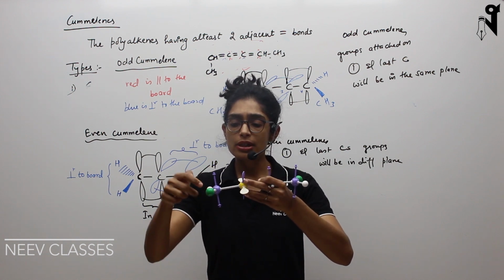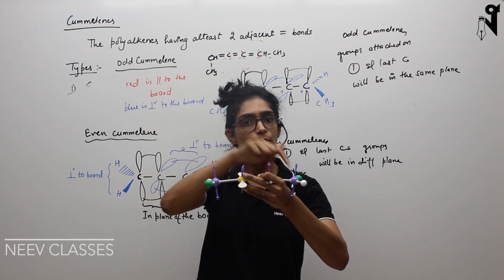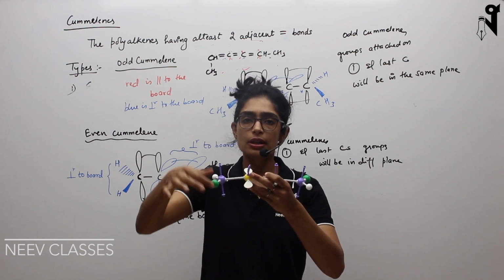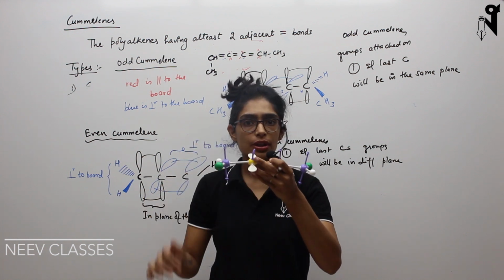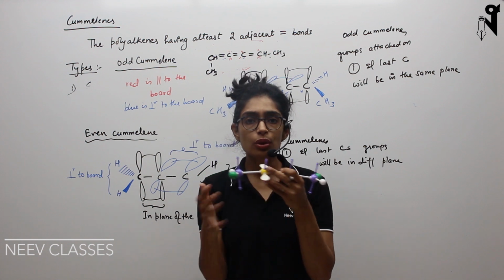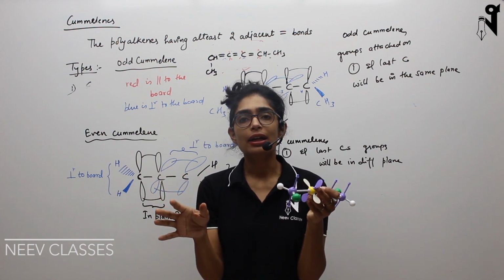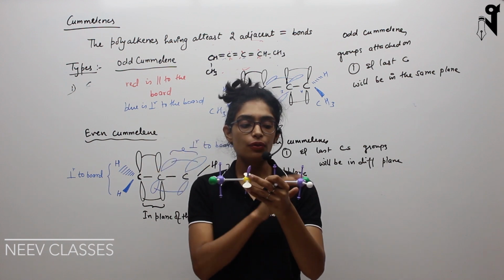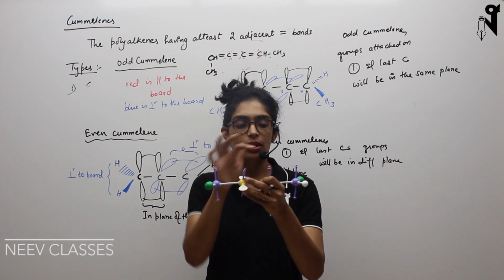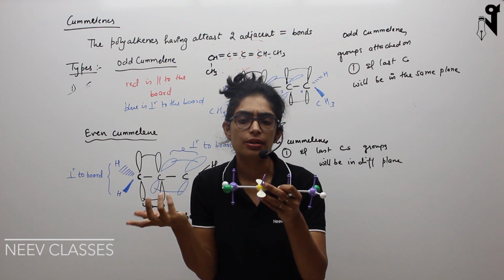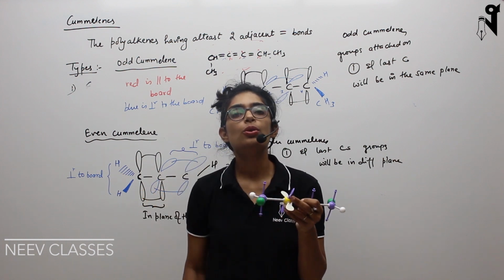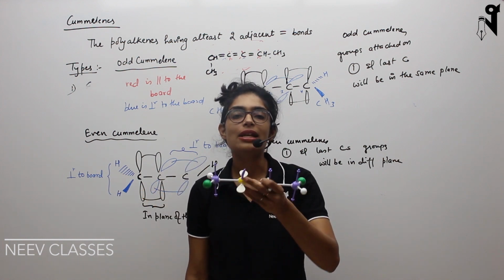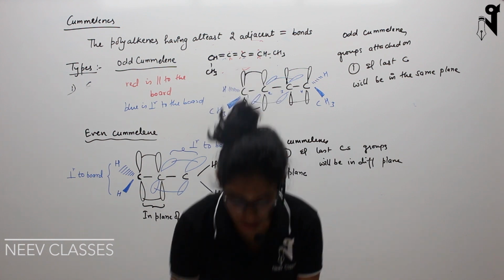And now the distance between this carbon and this carbon is going to be different. Just look at it, this carbon and this carbon distance is not going to be the same. So when both were towards you, at that time the distance was L1, and when one is towards you and one is away from you, these two CH3s or these two hydrogens, anything you can take as a reference, the distance is going to be L2, and these distances are not the same.